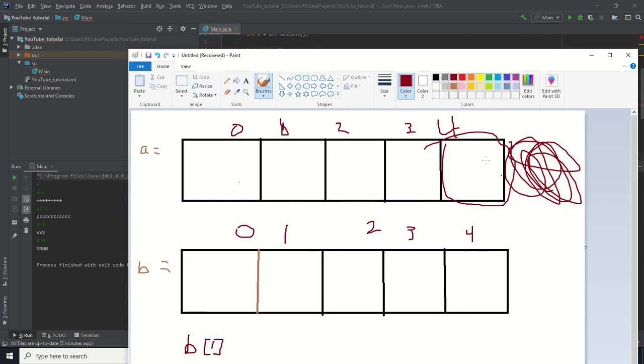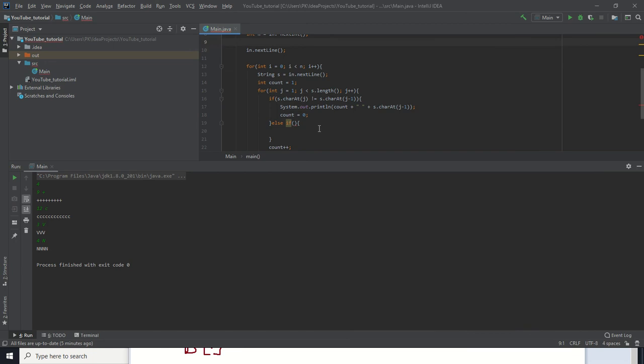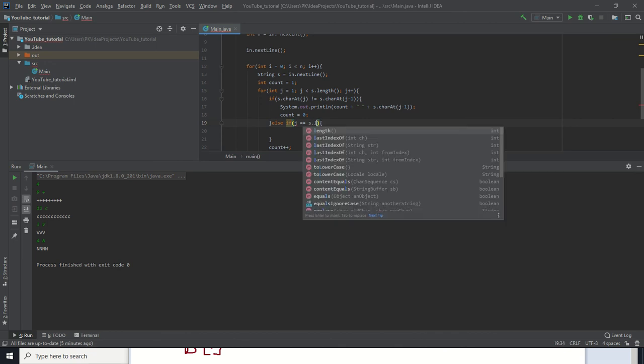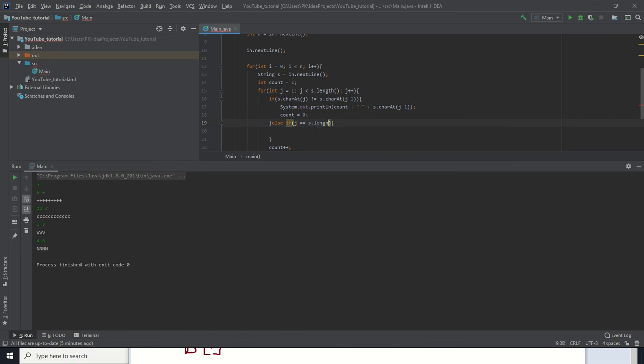But there's nothing to be different, you know what I'm saying? There's nothing at the end, so you have to handle for that. If j is equal to s dot length minus 1,